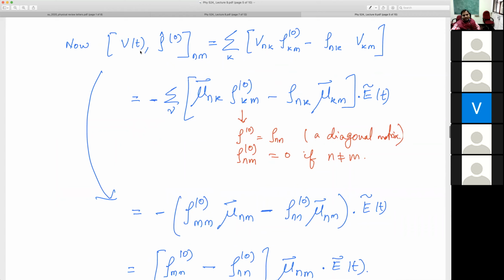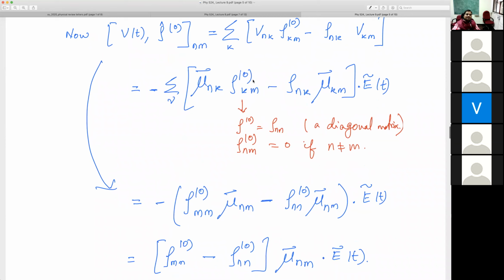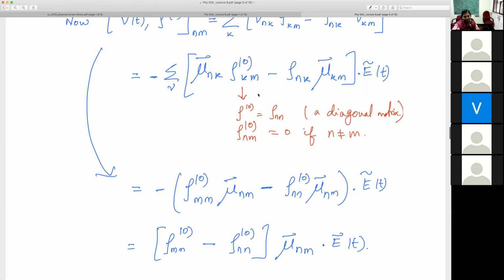So we were calculating the commutator of V and rho. V_nk had a mu and an E. So E I send outside, because E will not have any n or k, the matter property related indexes. The matter property only comes in the dipole moment. So V just becomes mu, with the minus sign for minus mu dot E. So V_nk and V_km just become mu_nk and mu_km. Nothing, I just rewrote it. And then remember that rho 0 was a diagonal matrix, so all of those terms are 0 unless k is equal to m.